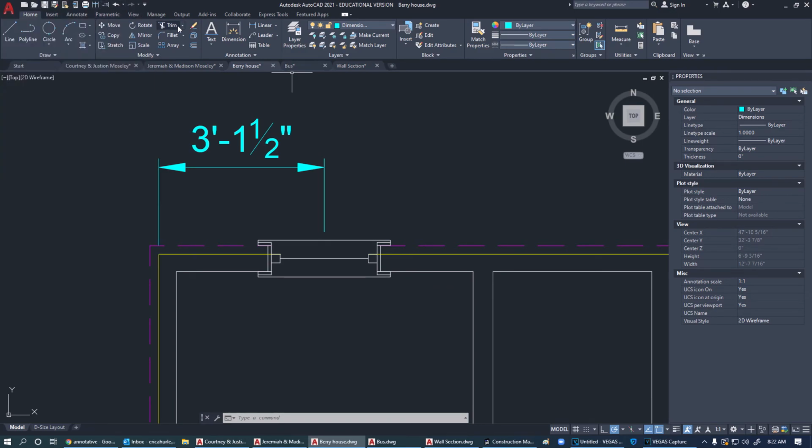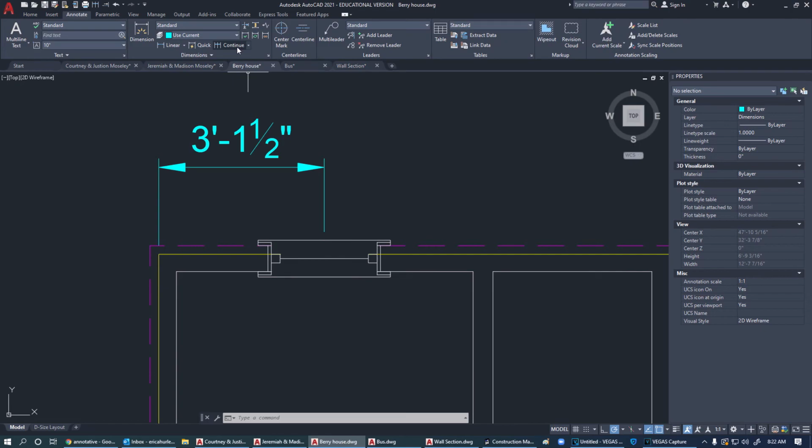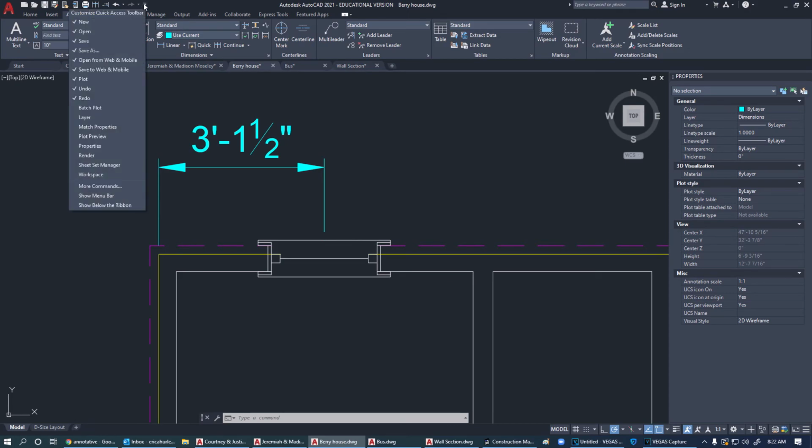When you go to your trim, you've got trim and extend. I have trim here and I've got extend up here. I use these extensively and I fly through them, so I put them up here where I can get to them. But what I want you to do is hit annotate, and right there you have continue. Now how did I get that up there? I click this little down arrow here, and then I can go down through here and hit more commands,